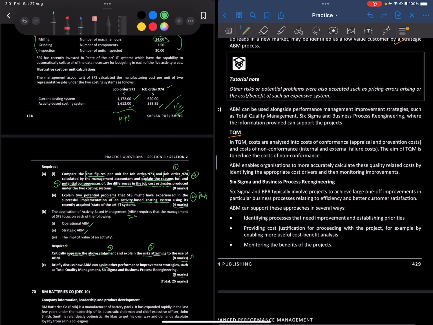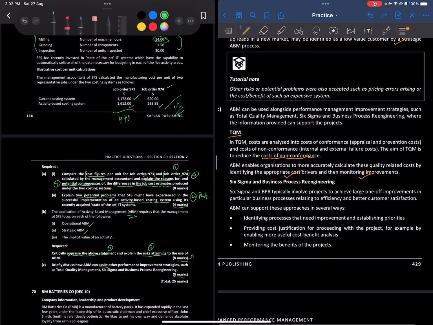The aim of TQM is to reduce the cost of non-conformance, right? So it's always to get things right in the beginning itself, and whatever is produced is according to the standards. So what does ABM do? ABM encourages organizations to more accurately calculate this quality related cost by identifying appropriate cost drivers and then monitoring improvements,